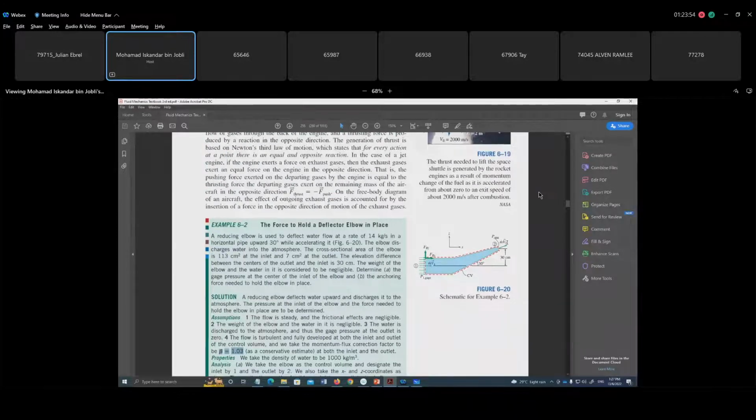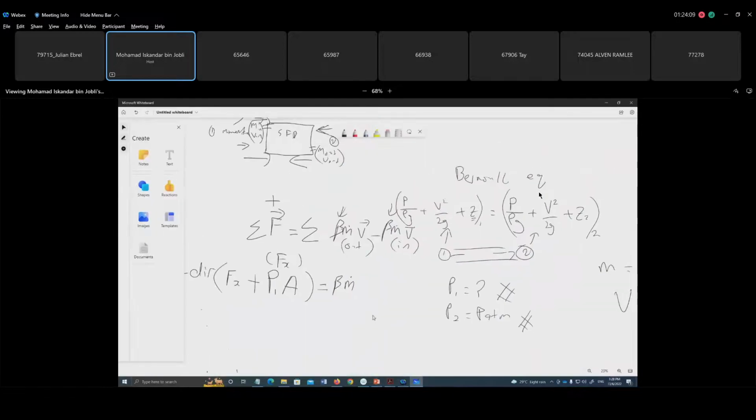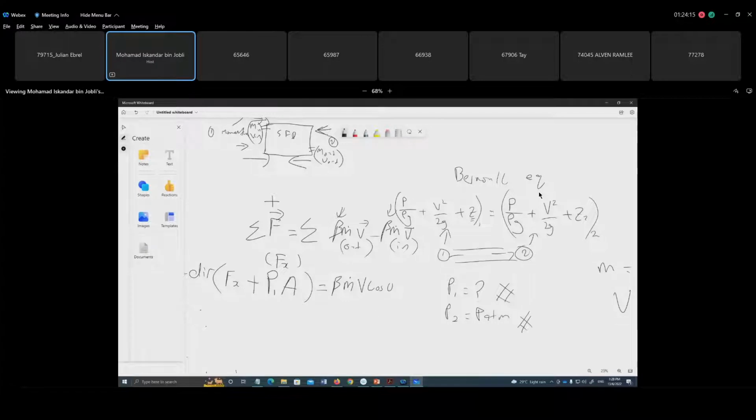It has the x component, it has the y component. As for the x component, it is v cos theta. So that is why v here is the v cos theta. Is the v cos theta minus the beta m multiplied with